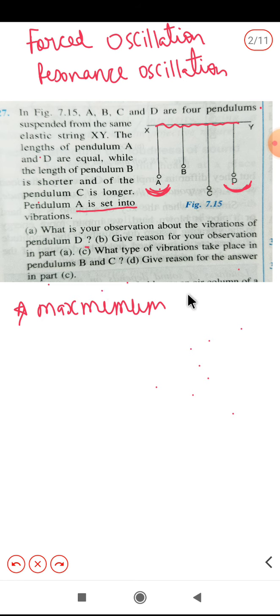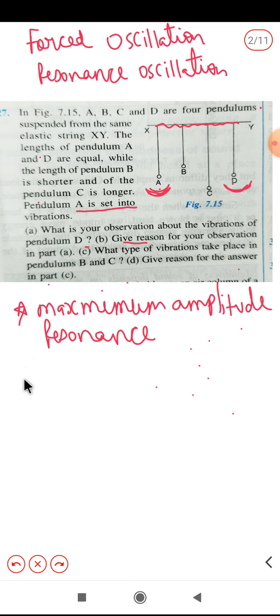ये वर्ड आना चाहिए यहाँ पे, maximum amplitude, and it will perform resonance. Wow, what is the reason actually? Give reason. Because the natural frequency